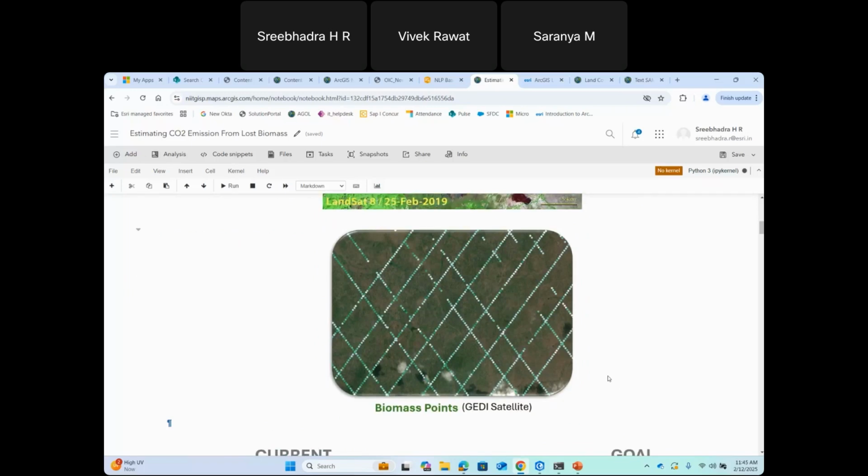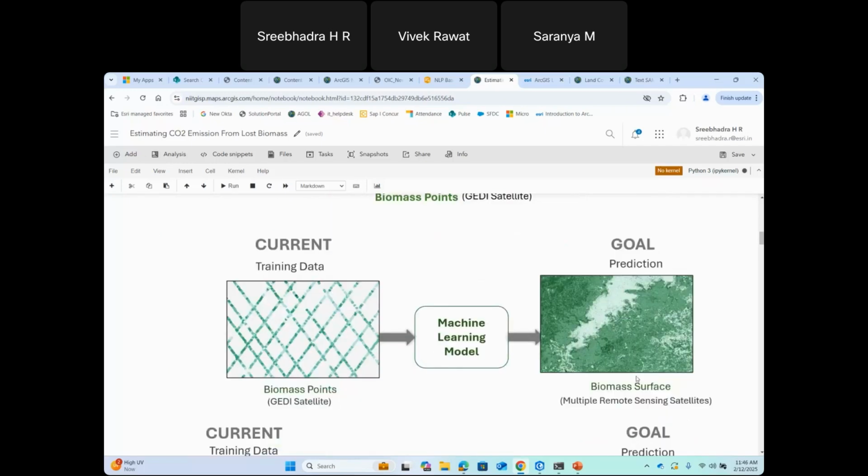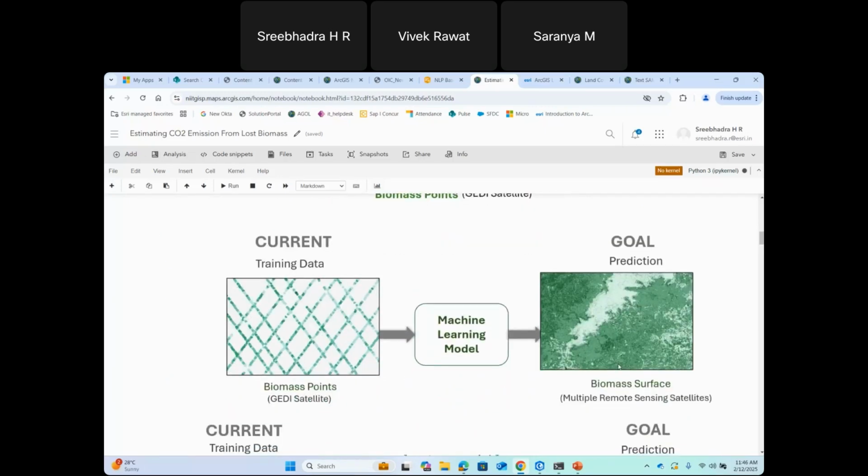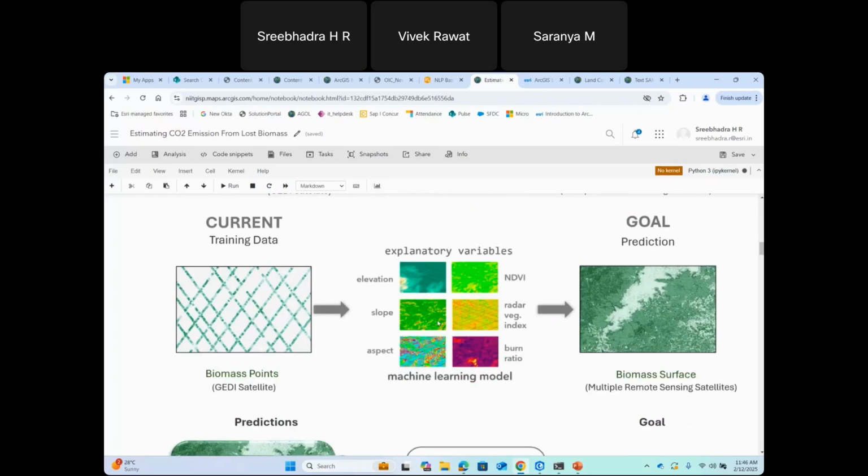For that, the workflow we have followed is that we had this GEDI point cloud data. GEDI is the Global Ecosystem Dynamics Investigation, which had these biomass points. So we used that biomass point data and trained a machine learning model to use this point data to predict a biomass surface, and we used a set of explanatory variables like elevation, slope, aspect, NDVI, RVI, radar vegetation index, burn ratio, and we created a predictive model which will predict the